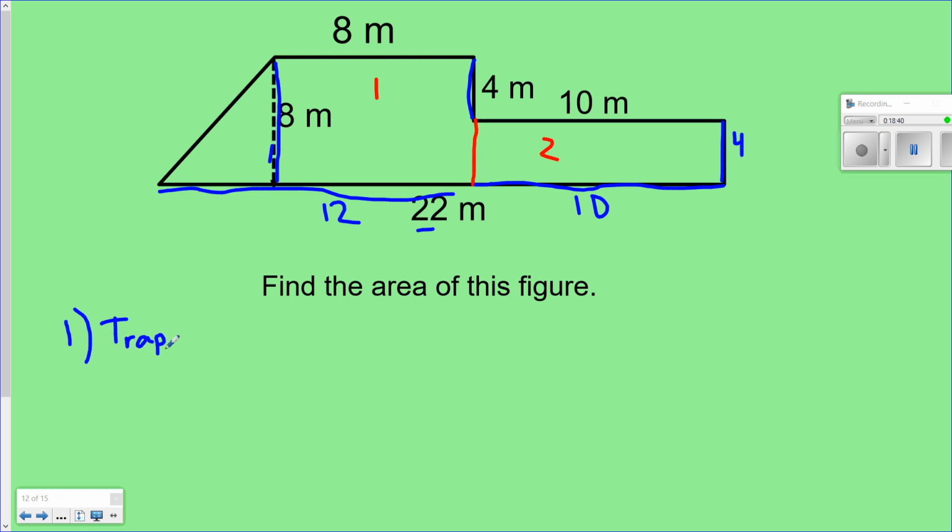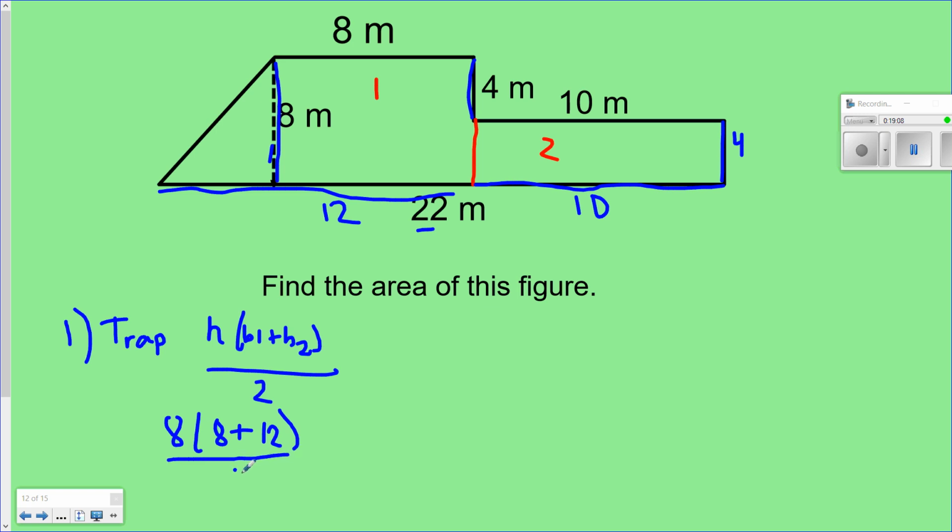And I know that it's height times B1 plus B2, divided by 2. All right, so my height was 8. And then my base one was 8 up here. We'll use this as base 1, plus 12. That's my base 2. Parentheses, divided by 2. Okay, so it'd be 8 parentheses. That would be 20